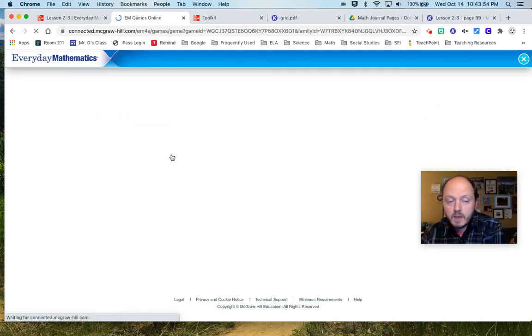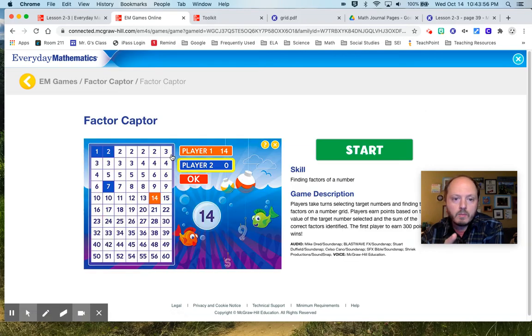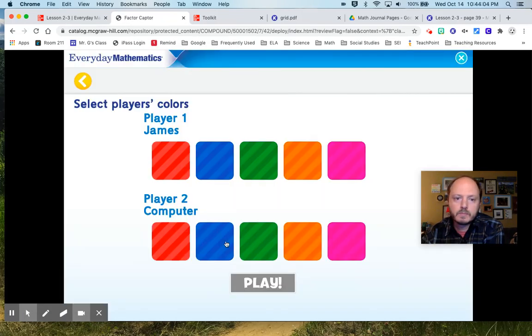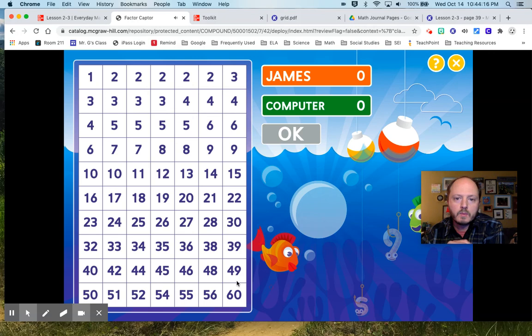And yes, you can actually play by yourself or play with a partner. And we press start. And player 2 will be the computer. And I'm going to choose orange. And you can choose the color for the computer. I'm going to make green for the computer. And when we get started,